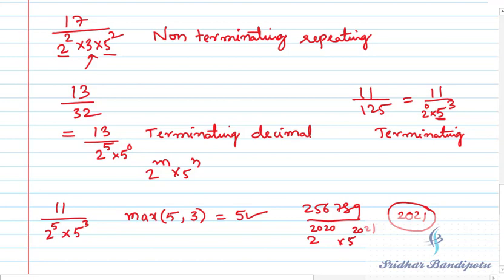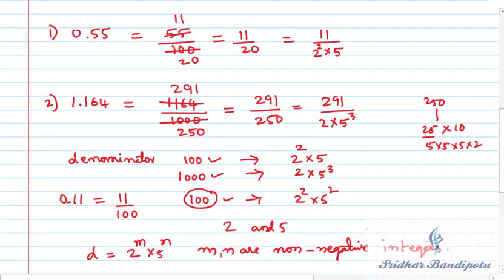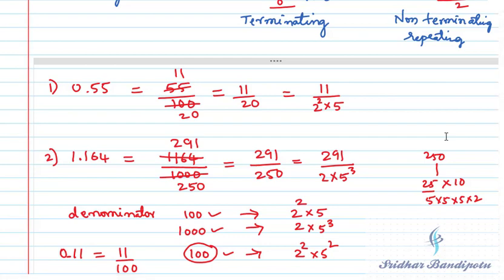Okay, is it clear? First question, either it can be terminating decimal or non-terminating repeating decimal, and second question can be asked like after how many decimals it terminates. Now third type, the question will be asked if it is terminating decimal: write its decimal form without performing actual division. Without doing division, we should write the decimal form.